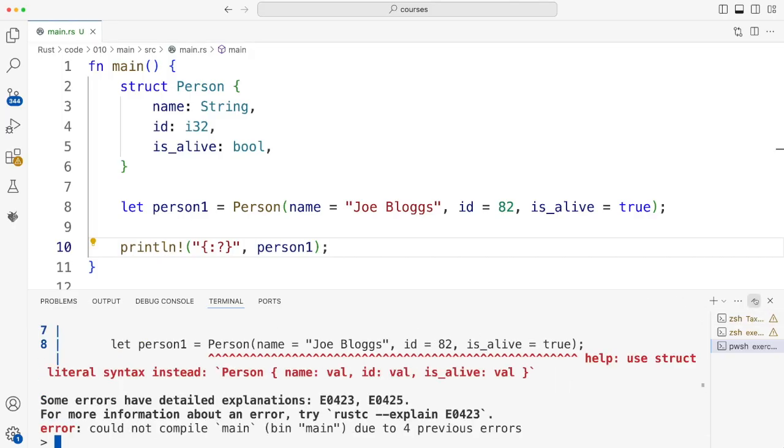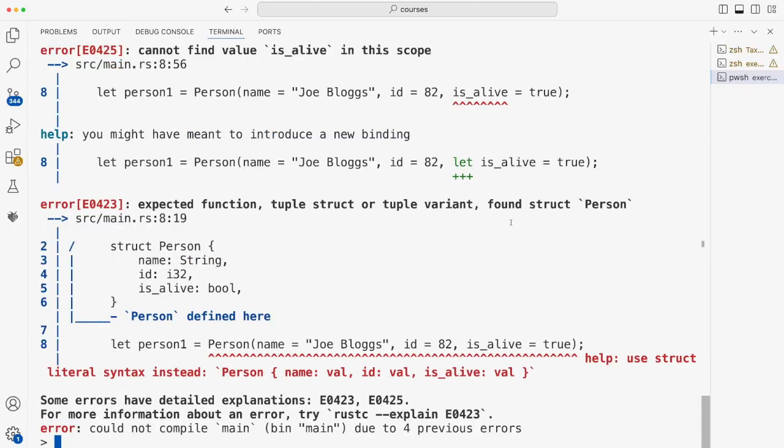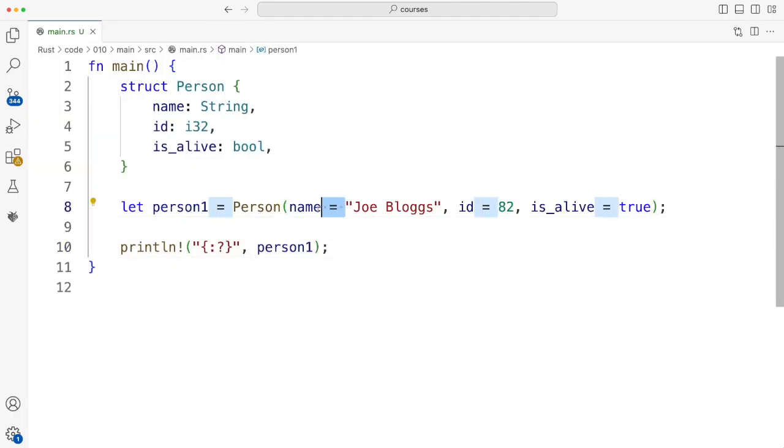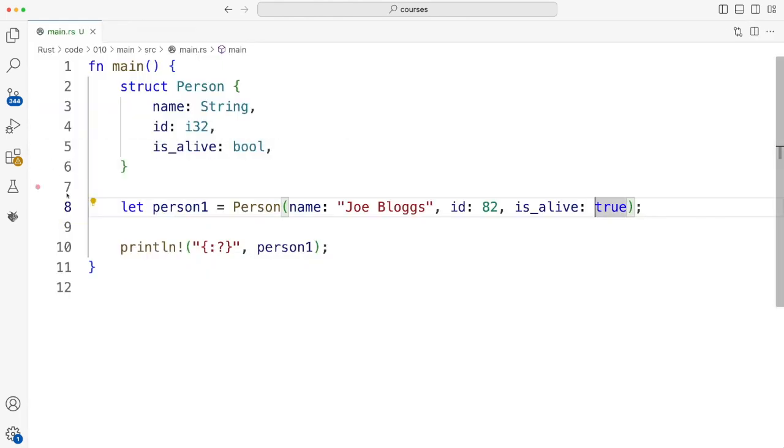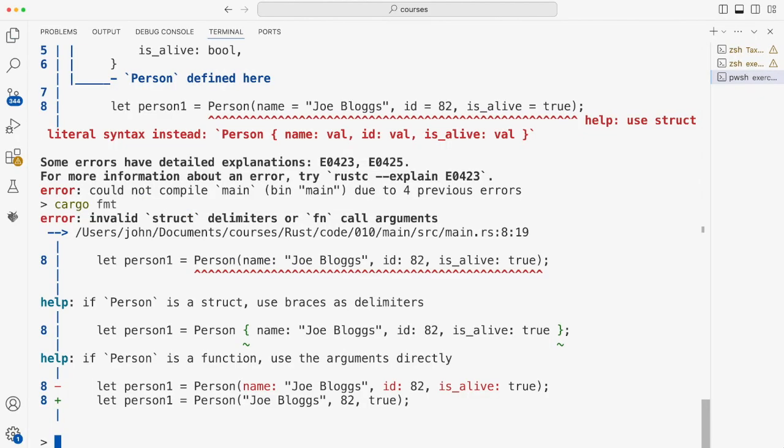So what are the actual errors here? Yeah, I think what I need here is actually colons like this. So let's try this. I'm probably thinking of Python here. So here we need a colon and here we need a colon. All right, let's try that. So when I format it, it tells me I need to use braces as delimiters. So I suppose I need these. See if it likes that.